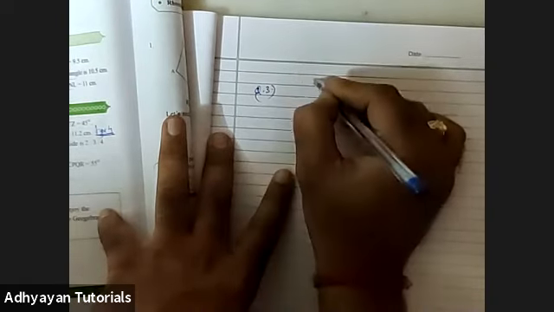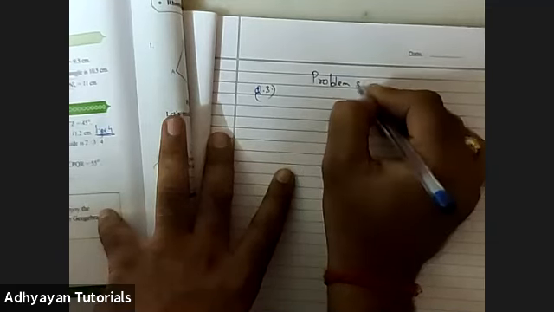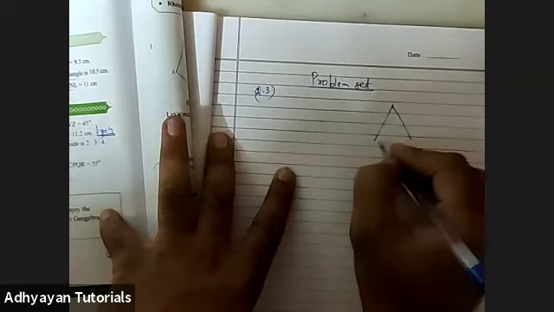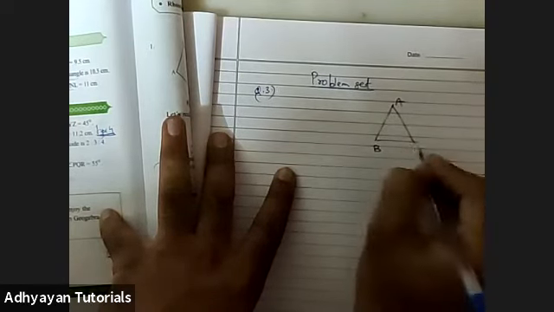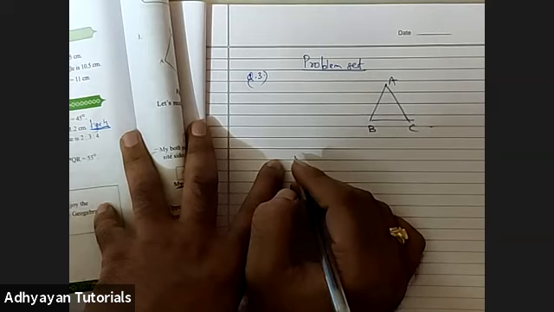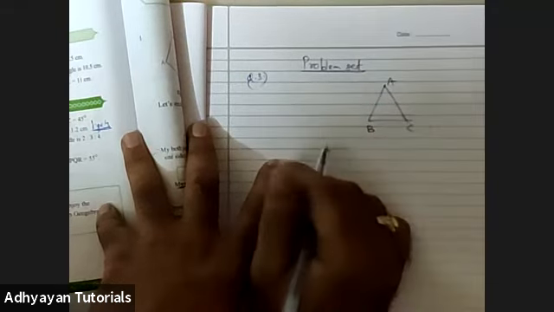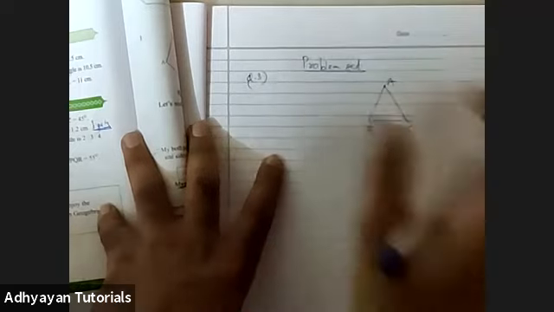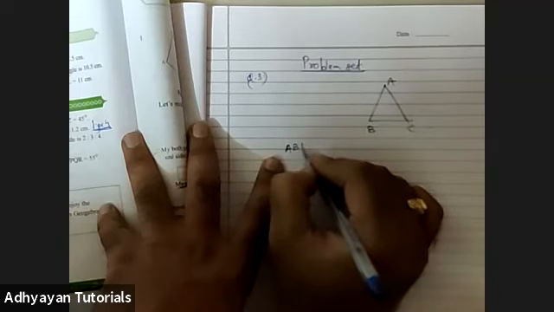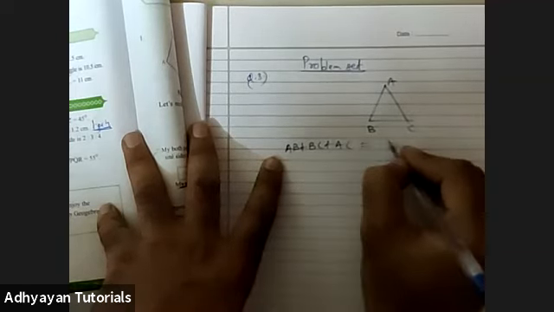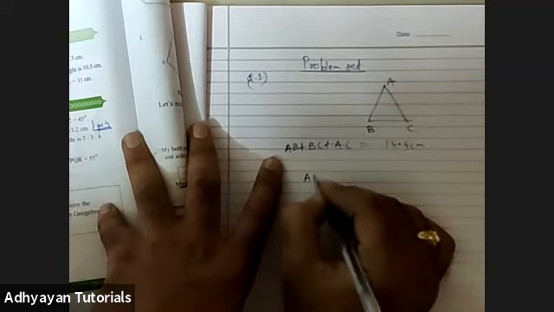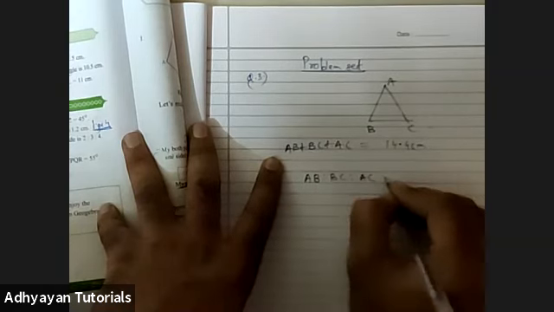Question 3 from problem set. Right? It says the perimeter of a triangle. The name of triangle is not given. Let's say we assume it to be A, B, C. This is the rough figure, the analytical figure. So anyways, I'll just explain it. You can just listen to it. It won't take even a minute. I won't be drawing the figure, don't worry. Just to give you all a fair enough idea what is to be done here. AB plus BC plus AC is how much? 14.4 centimeter. And the ratio of 3 sides is given. That is AB is to BC. Anyways, the concept will help you somewhere.